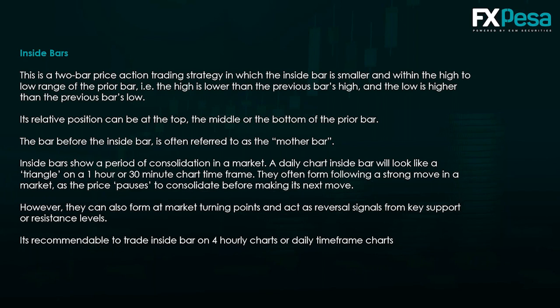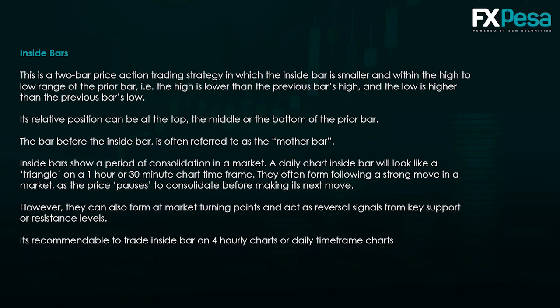So sometimes when you check on a lower time frame and you're seeing a triangle, then probably if you go and check on a higher time frame, like on a daily time frame, you might find that it's forming an inside bar, like a consolidation before the market can pick a direction. So they often form following a strong move in the market, then the price pauses to consolidate before making its next move. However, they can also form at market turning points and act as reversal levels along